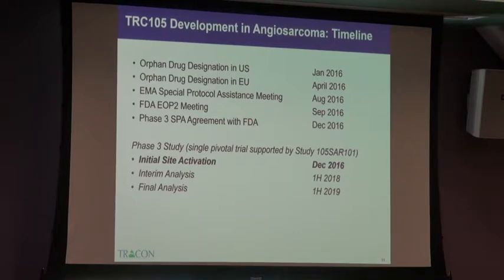And it was really the durable CRs that we were able to present to the EU that allowed them to say, yeah, there's an assumption of clinical benefit here. You're seeing CRs in a disease where you rarely see that, and they're durable, that allowed us to receive that designation. That was really important because it allowed us access to the Special Protocol Assistance Program through the EMA,